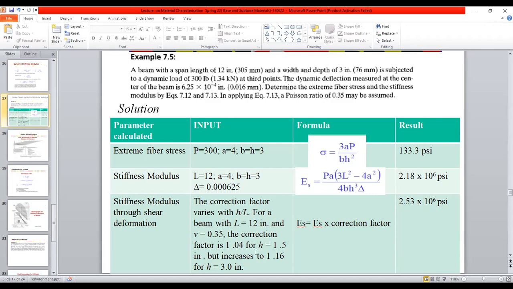For a depth of, say, 1.5 inches, normally we use a certain factor, but in this case, if we have a beam height of 3 inches, then we just have to multiply the value calculated above by the correction factor, which is 1.16.